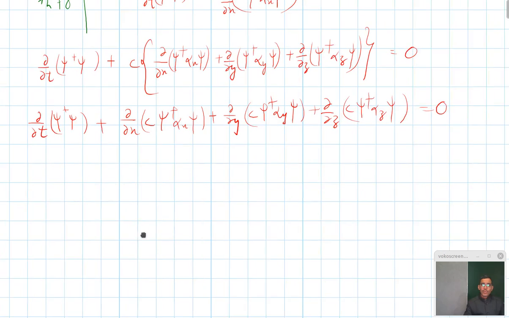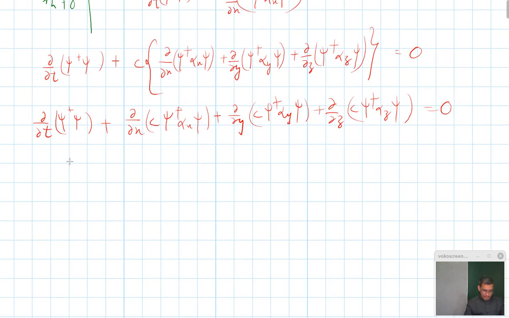So if it is so, that means I should write this in the form of a divergence. So it is curly over curly t psi dagger psi plus divergence of c psi dagger alpha psi. It must be equal to 0,